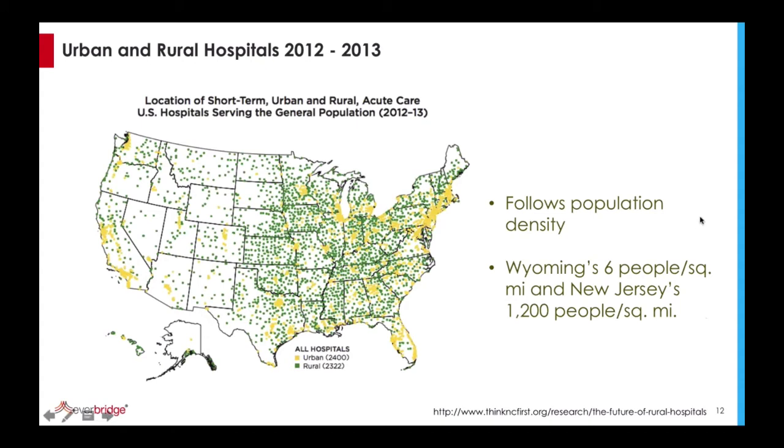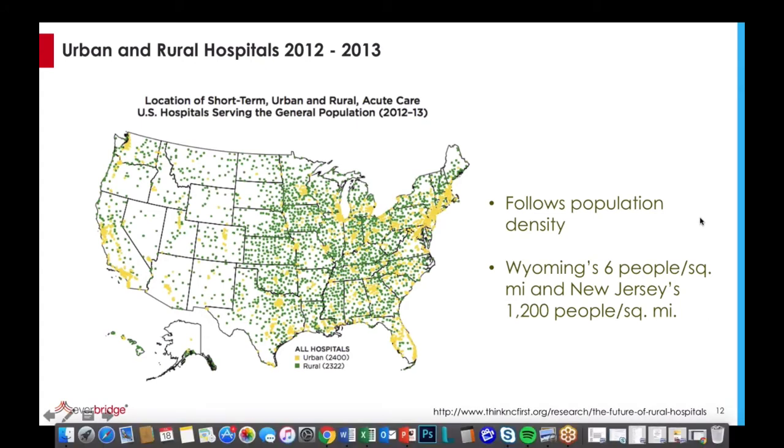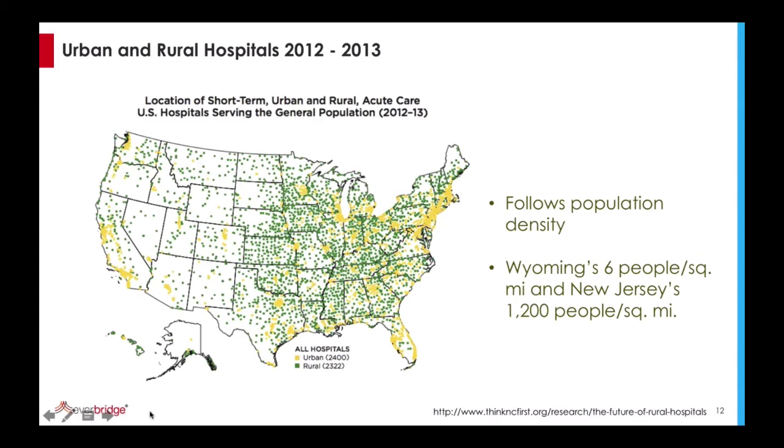But if you look around the country, whether on the West Coast, starting with Seattle, down to San Francisco, Southern California, coming across the country, Dallas, Chicago, Minneapolis, the East Coast of Florida, Atlanta, and that entire Northeast Corridor from Washington through and beyond Boston, you see the propensity of urban hospitals, and everywhere else you see large clusters of rural hospitals.